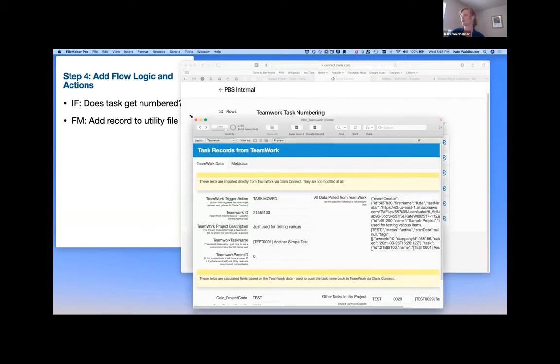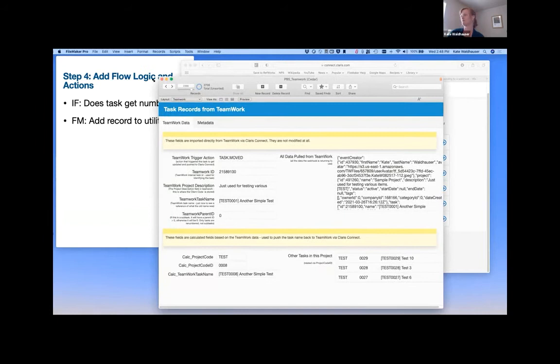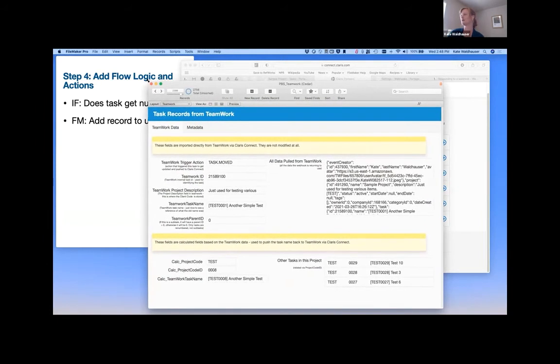I'll show you the utility file that I built. I can also talk about why I'm not doing everything in Claris Connect, but basically I needed a database in order to track the IDs. I wanted something that was going to accumulate and give me what the next ID number would be. So this is just a very simple database. I'm using calculated fields here to pull out the project code, the project ID, and then here's the new